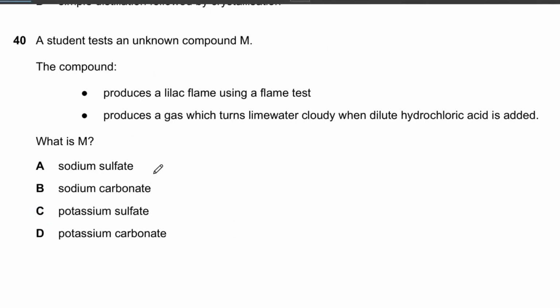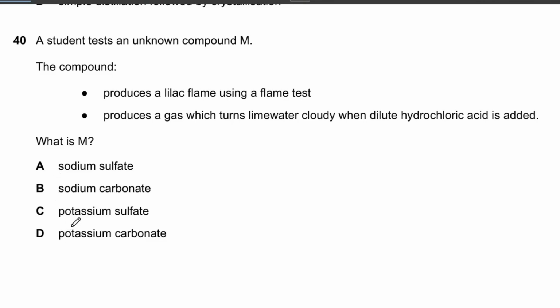Last question, question 40. A student tests an unknown compound, M. The compound produces a lilac flame using a flame test, and produces a gas which turns lime water cloudy when dilute hydrochloric acid is added. What is M? So the fact that we are told that there is a gas that turns lime water cloudy, that means carbon dioxide is produced. And if carbon dioxide is produced, then M must be a carbonate. So that means the answer is between B